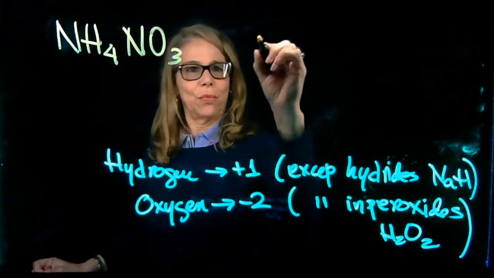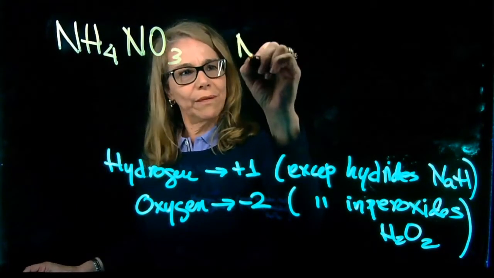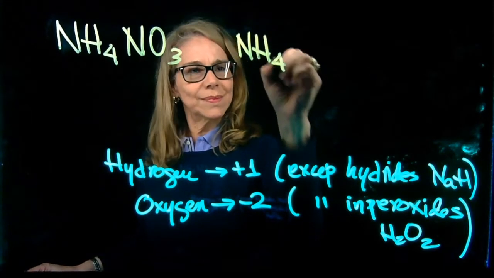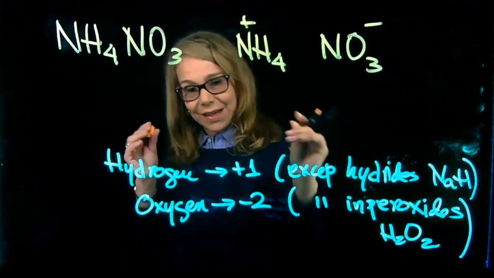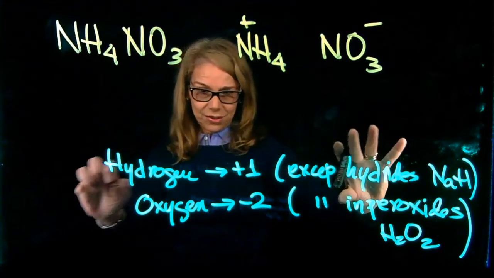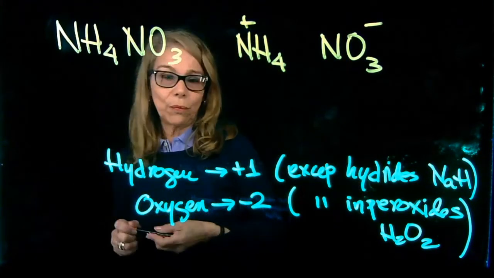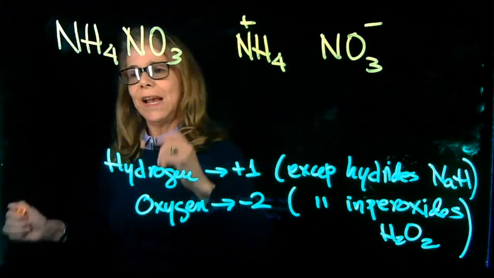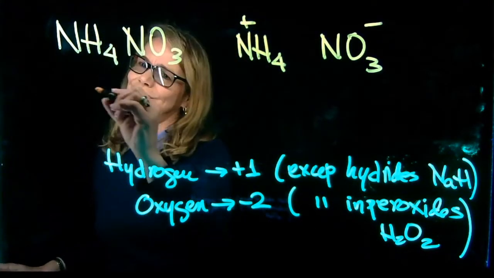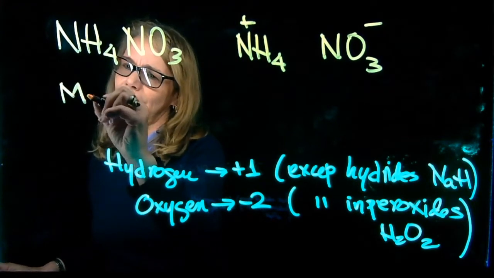It's a salt, so we have 2 ions: ammonium and nitrate. The other thing that I mentioned besides these rules is that when we have a molecule with 0 charge, and let's say that we have manganese dioxide,